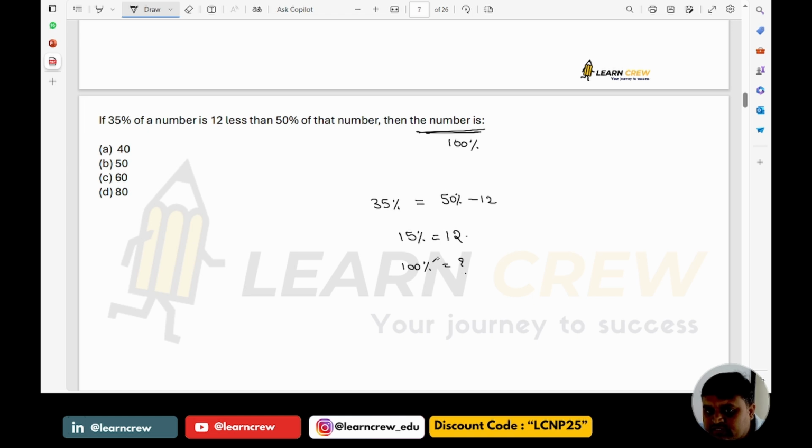If you cannot think like this, then do cross multiplication. 100 into 12 divided by 15, which is how much? 5 20s are, 5 3s are, 3 4s are. So 20 4s are 80. So this is the basic thing. 35% of a number is 12 less than 50% of the number, then that number, 100%, is 80. Next,